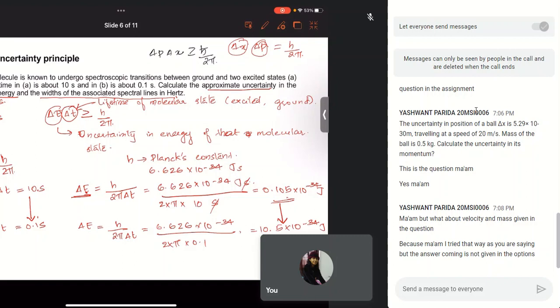I think in this particular case, you have to